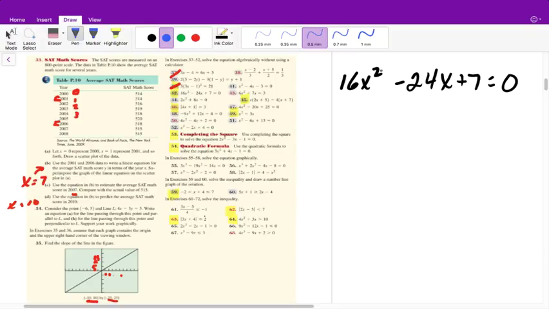So I'm going to do completing the square, and I'll explain why. When I'm using completing the square, I'm looking to see if this has a number other than 1 in front of it, can I factor it out of these two numbers? So I can factor out a 4 between 16 and 24. And when I factor out the 4, I'm left with,